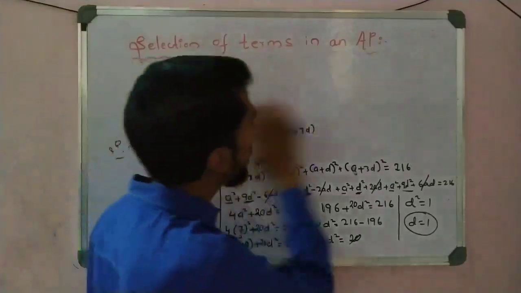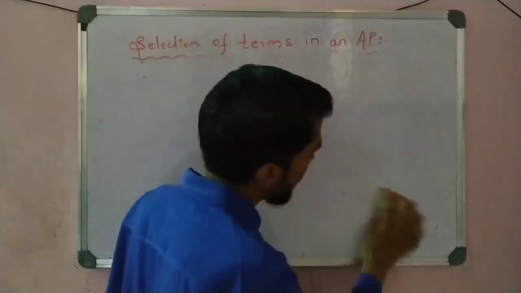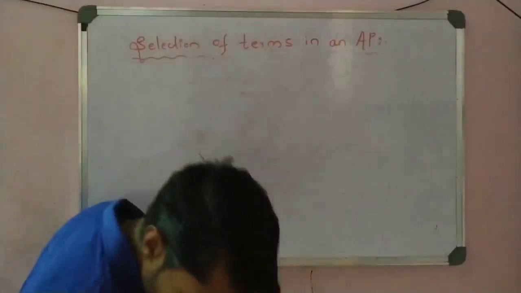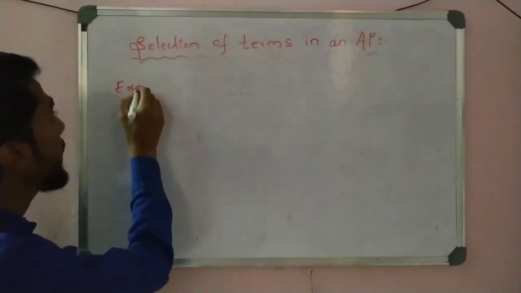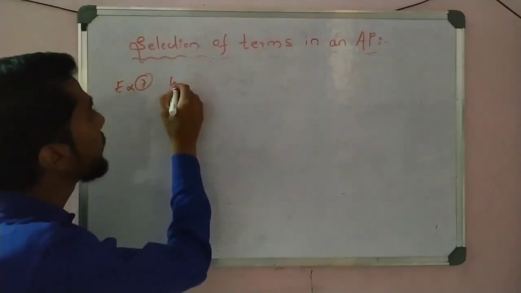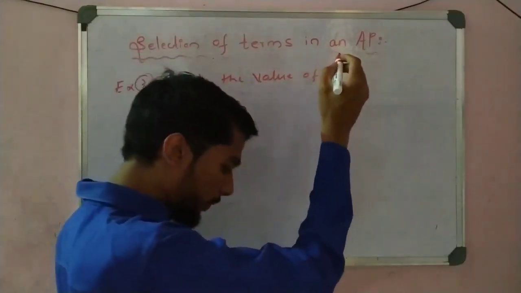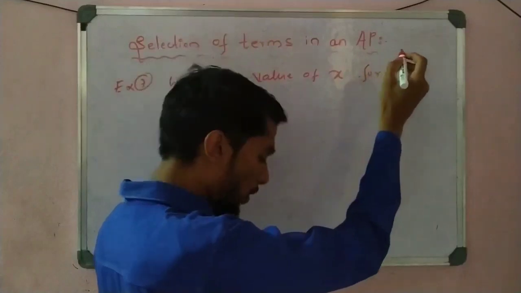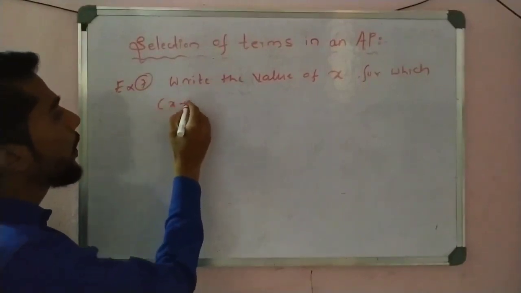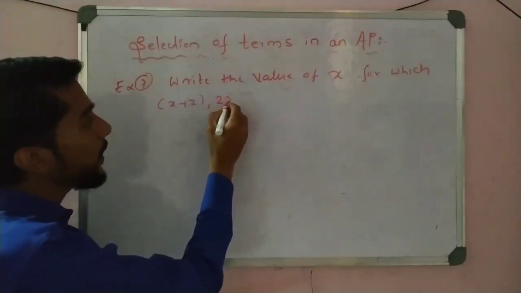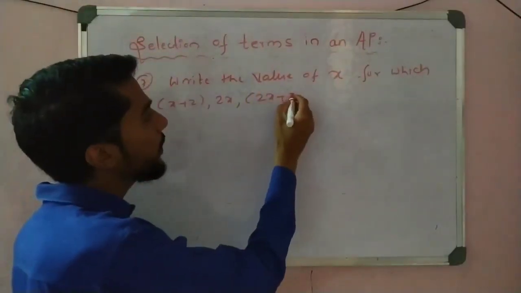Now take the last problem of today's class, of this video. For this video it is the last problem, and that is example number 7. It is a different one, with a kind of different number, so I take it last. Write the value of x for which x plus 1, x plus 2, comma 2x, comma 2x plus 3